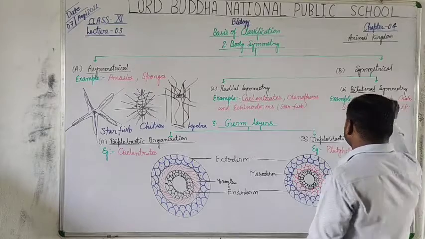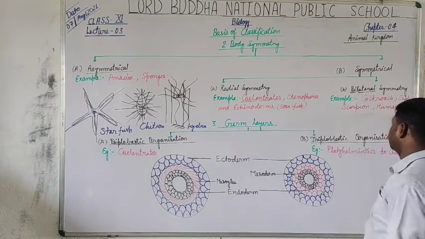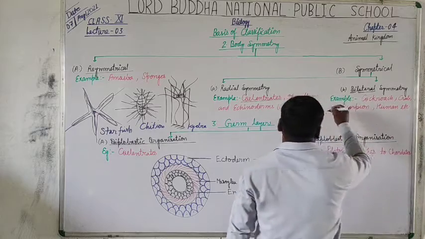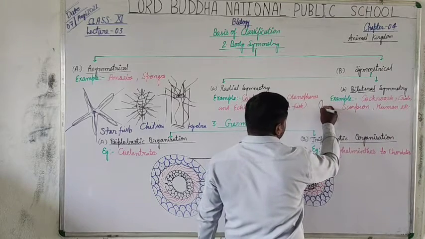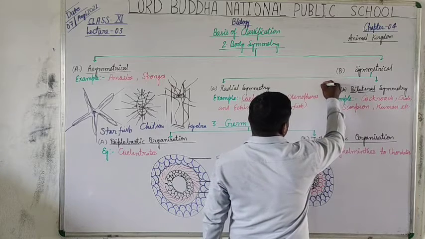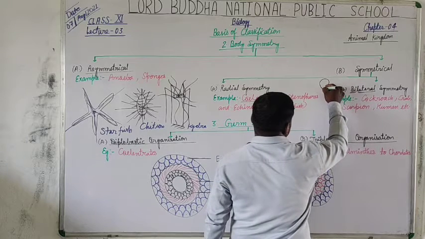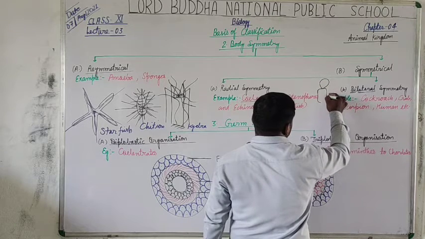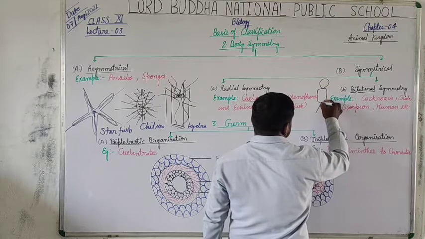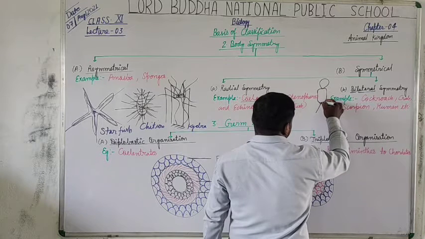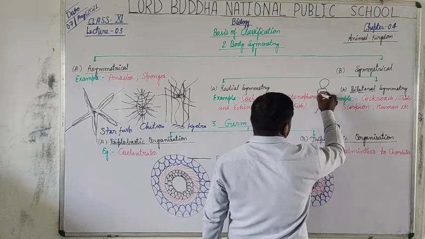So students, here we take the example of a human. In the human body, this is the head part. You can just take a model of a human. This is the head part, and this is the thorax and abdominal part, and this is the pelvic part, and here are the limbs.